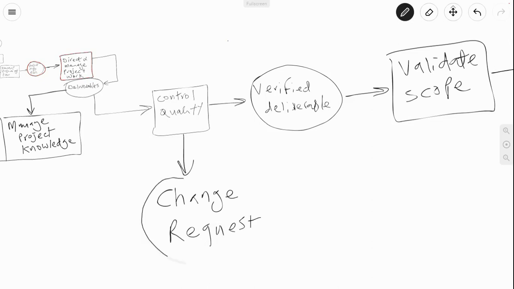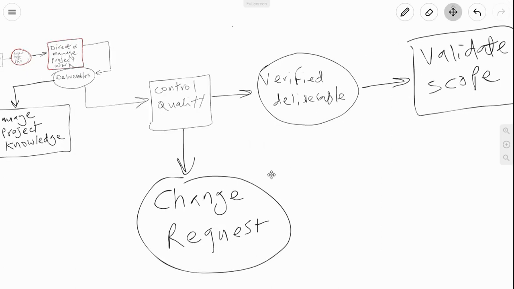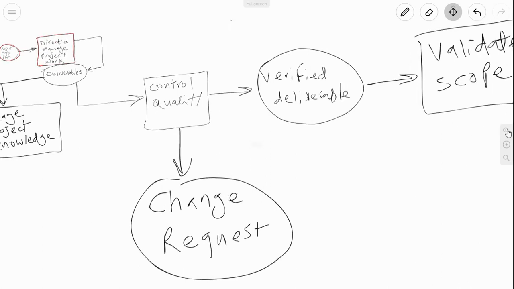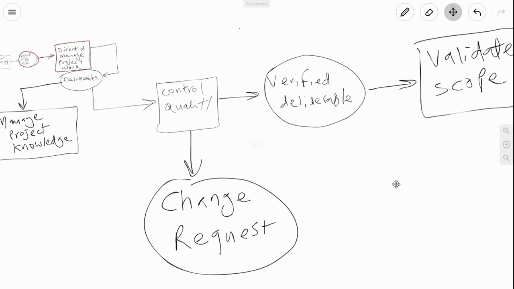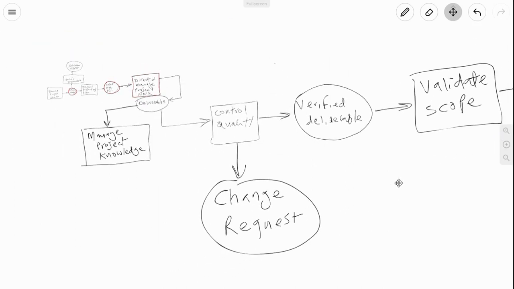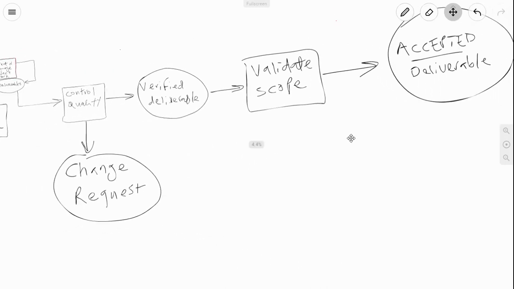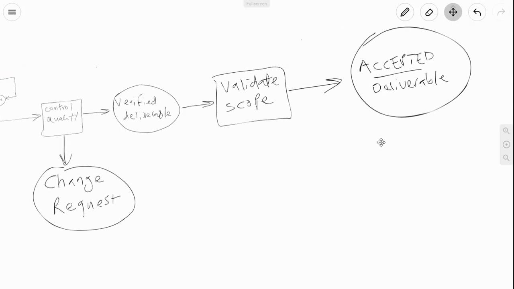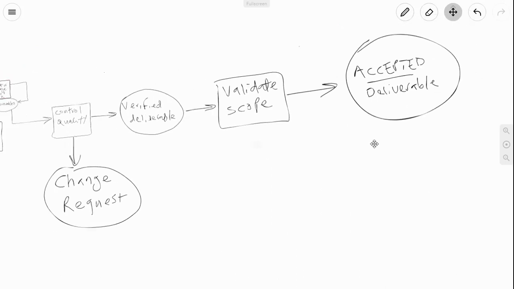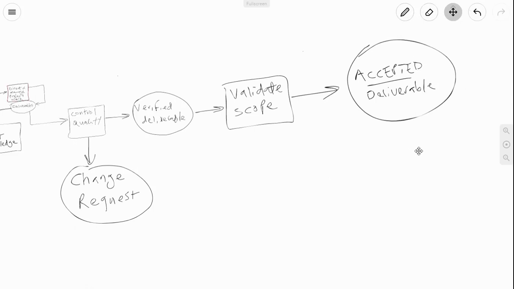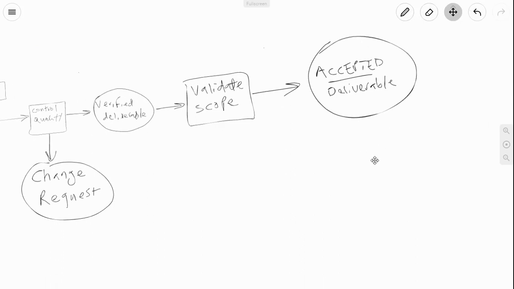Now, all that I'm showing you, with the exception of the managed project knowledge process, is still in the 5th and the 6th edition. So this is pretty boilerplate, and I'm glad that the PMI has kept this flow of information pretty consistent across editions. So if you need to make that jump from the 5th to the 6th, a lot of what I'm showing you here is what you already know, hopefully. So a change request could be an output